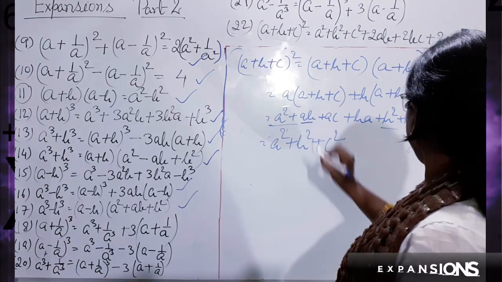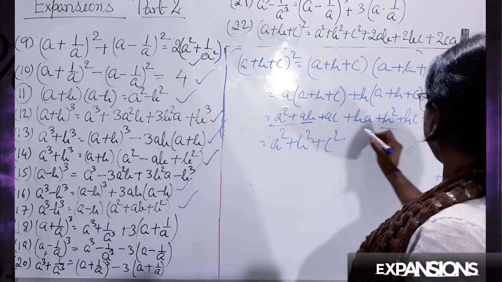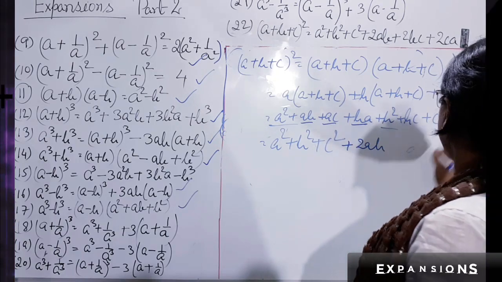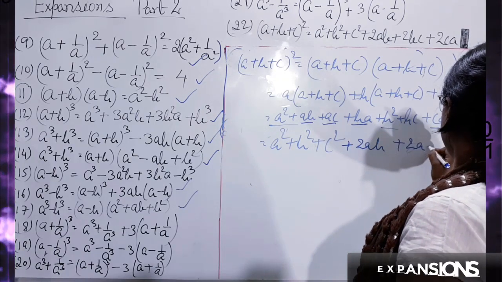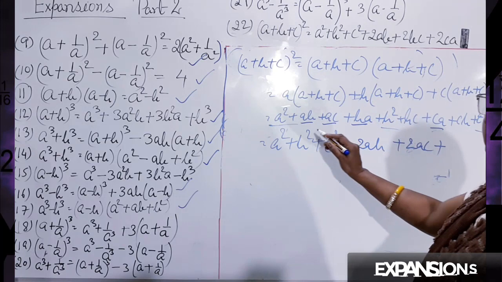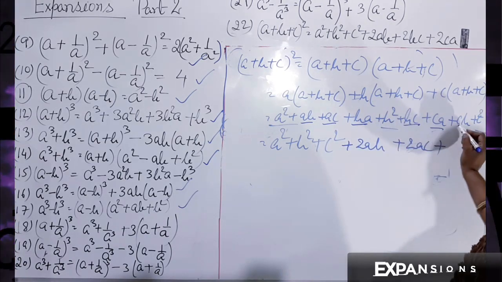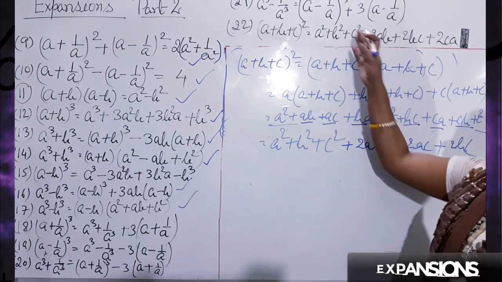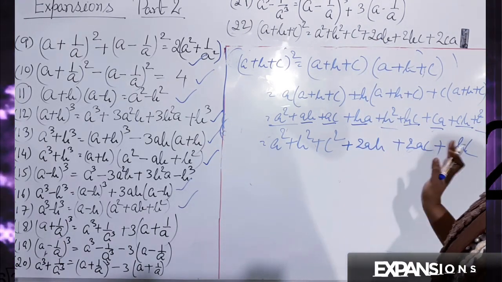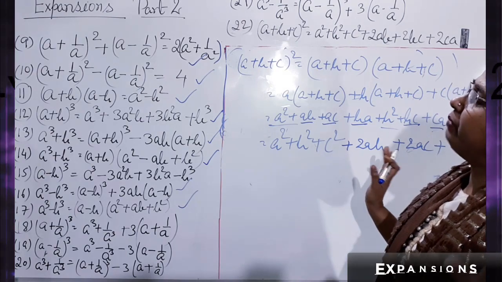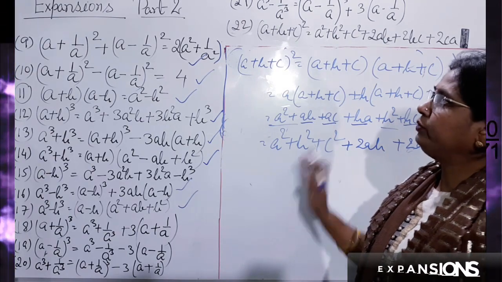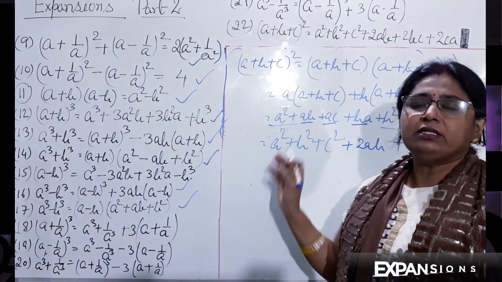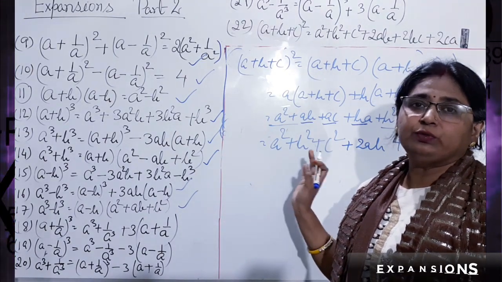Now ab and one more ab there. Can write 2ab, ac and ac, 2ac plus bc and bc, 2bc. In this way can get this identity, and I explained in part 1 and part 2 all 22 identity. Now you remembered all this, and then it is very useful till last of the mathematics.